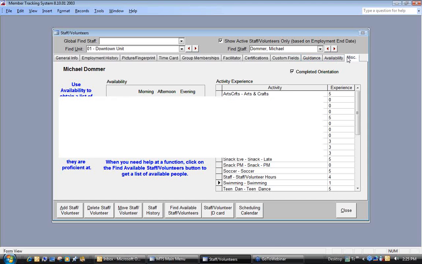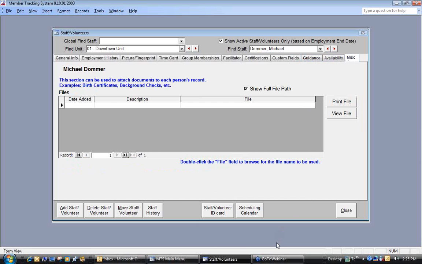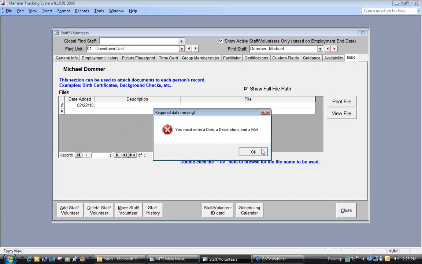All right, so now I'm going to go to the next tab, which is our Miscellaneous tab. This is just a great place to organize electronic documents. So let's say you scanned in all of your staff people's birth certificates or background check papers, and you could save those somewhere on your computer. Then you can actually come here,